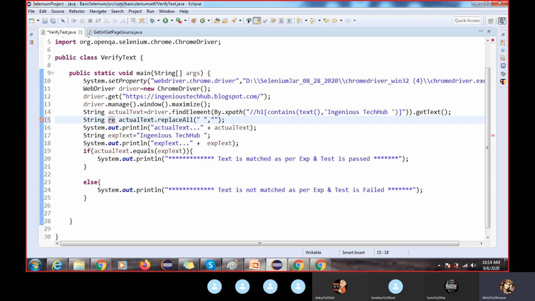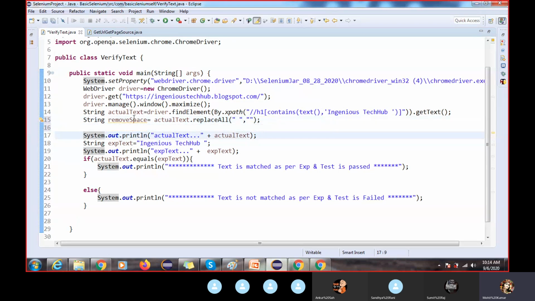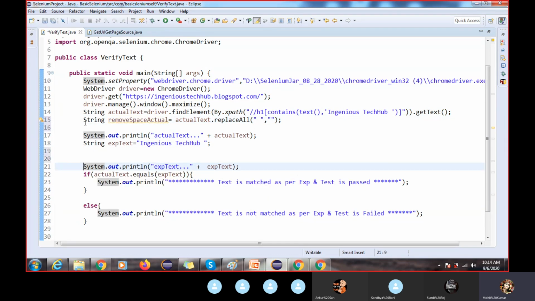I'll call it removeSpace, equal to this. Sometimes it happens that there are space issues, so I'm removing this space, and I'm also writing it for actual. And again here I'm doing the same thing, also removing the space.